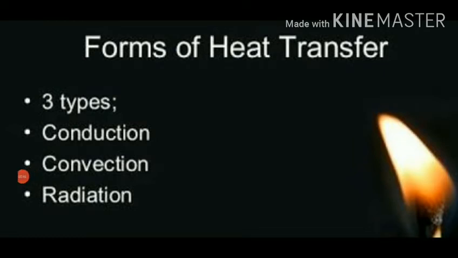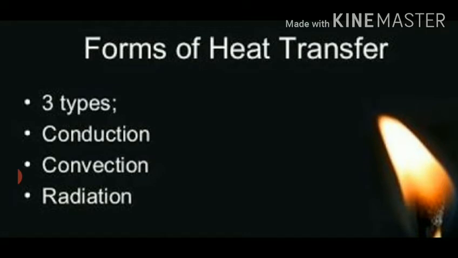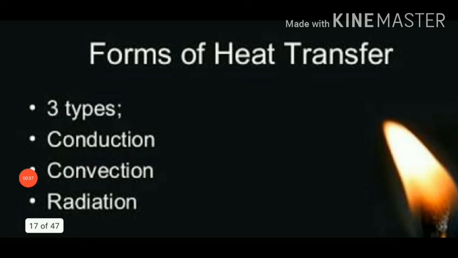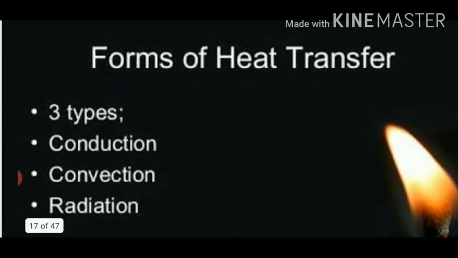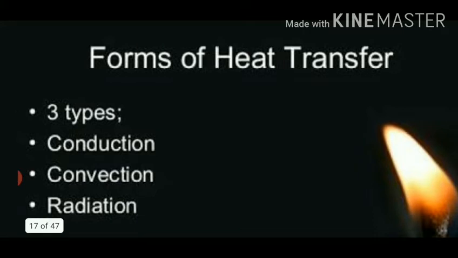We have learnt in previous classes that energy is the capacity to do work. Energy can take various forms. Heat is one of the forms of energy. Heat always transfers from a body at high temperature to a body at low temperature. This transfer of heat takes place in three ways. These are conduction, convection, and radiation. Now starting with this, first we will study about conduction.